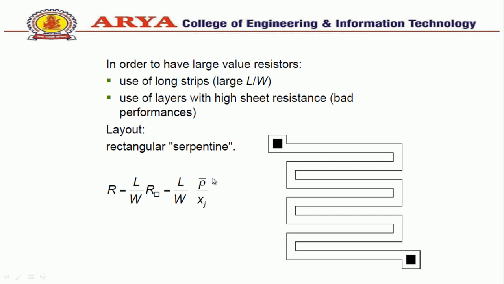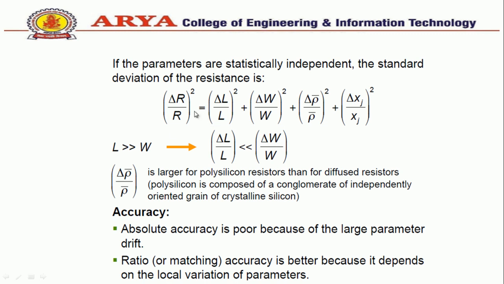So we observe that the value of the resistor depends on four parameters that are achieved with independent technological steps. Therefore, to estimate their accuracy, we assume that they are statistically independent. The standard deviation of the resistor is thus related to the standard deviation of the parameters as given by this equation. The structures used in practice have a much greater length than width. This is because we normally need values higher than the specific resistance. It follows that the contribution of the length is negligible compared to the contribution of the width. So when we design a resistor, we should keep the width under control much more than the length.